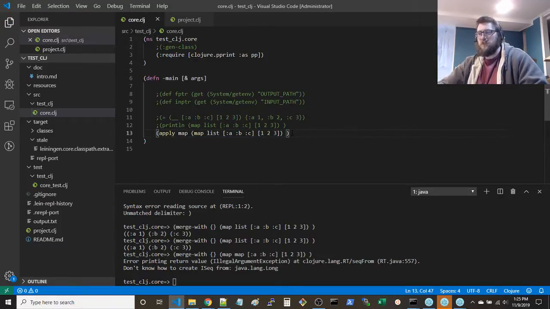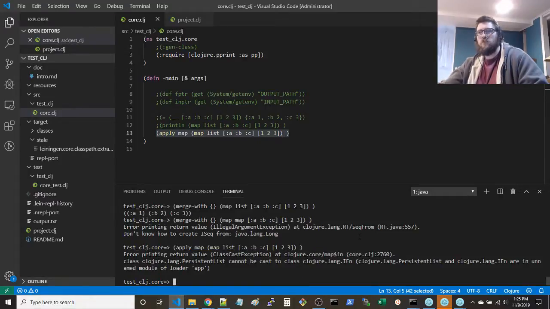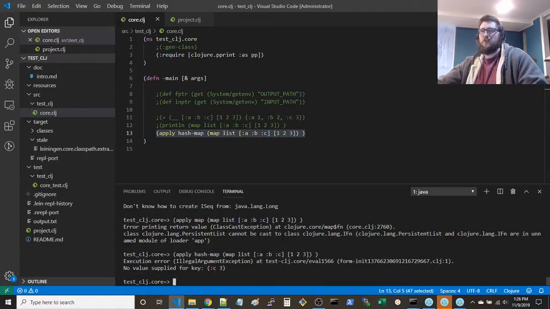I wonder what this looks like. No. Hash map. Yeah, map and hash map are a little bit different. No value supplied for C3.